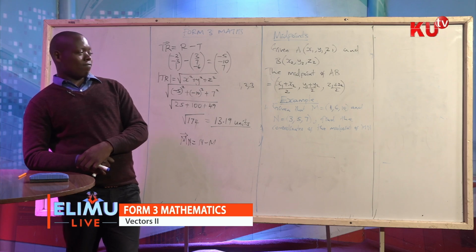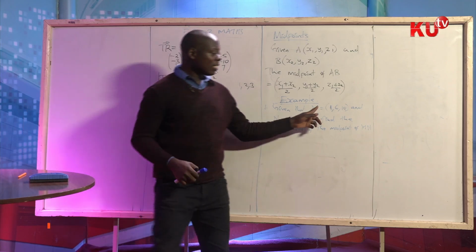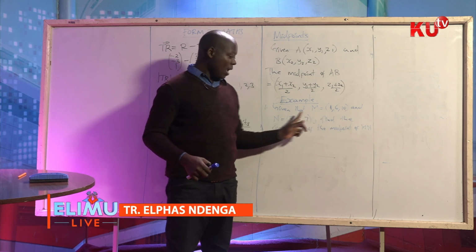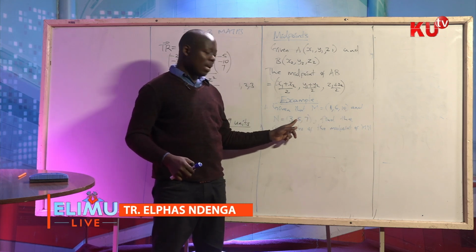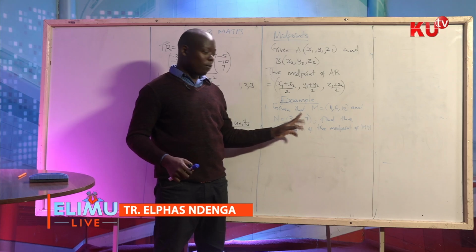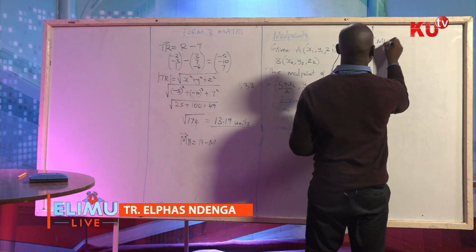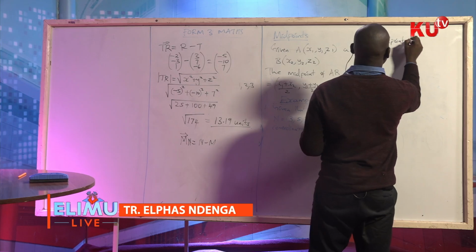So let's start. It's the midpoint. And then we have M and N. M has X, has Y, has Z. N has X, has Y, has Z. What I mean is, this is M, this is X, this is Y, this is Z. N, this is X, this is Y, and this is Z. Therefore, when you're working out the midpoint, you have to combine the two. Our midpoint will be